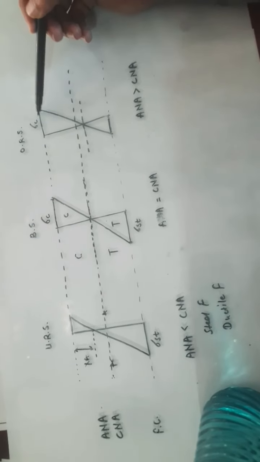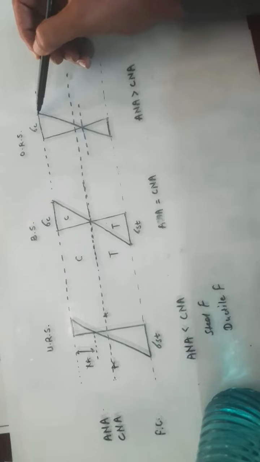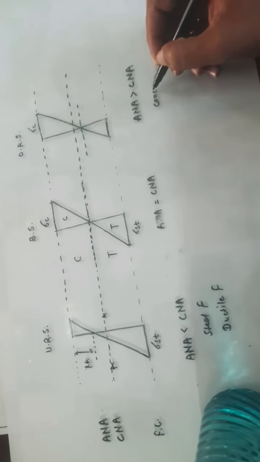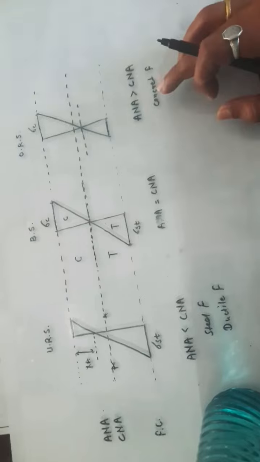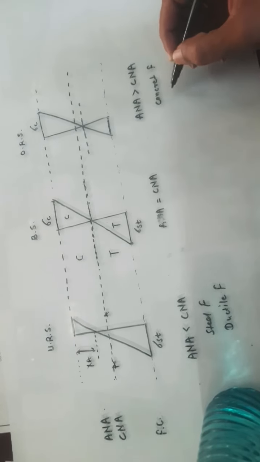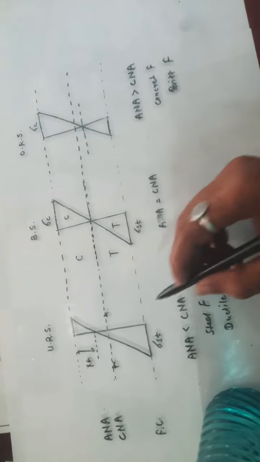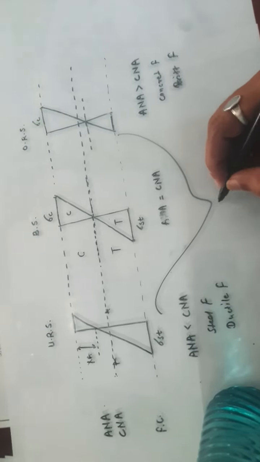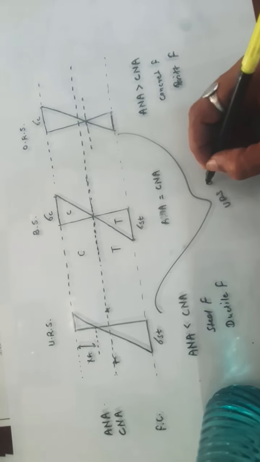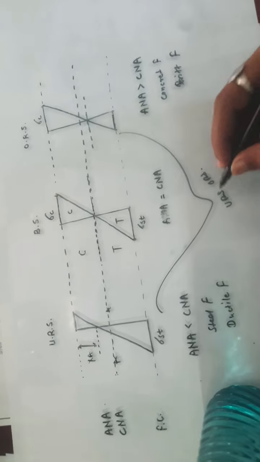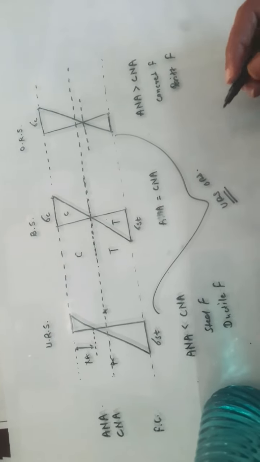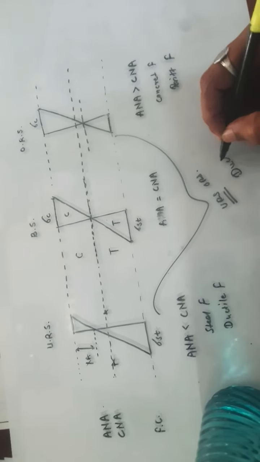In terms of over reinforced section, the maximum stresses in concrete will be reaching their maximum permissible limit first, so this will be concrete failure, and as we all know, concrete is brittle in nature, that's why this will be the brittle failure. Now if we compare these both, that under reinforced section and over reinforced section, for safety purpose we always prefer under reinforced section, that is ductile